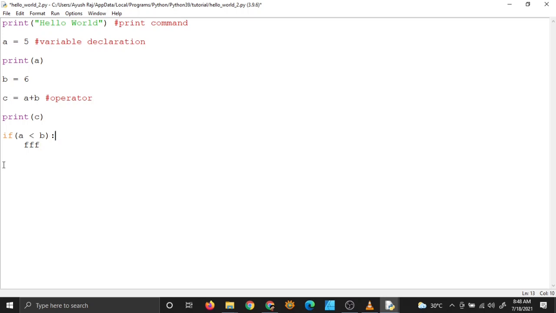Start of block is denoted by colon, and the block itself is denoted by one tab space, which should be after the statement whose block we are in. Like we are in the block of if statement right now. So now I have to put one tab space from this if statement, and now it will mean that I am in the block of this if statement. So this is very important.